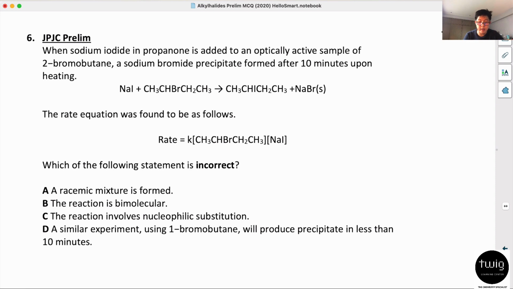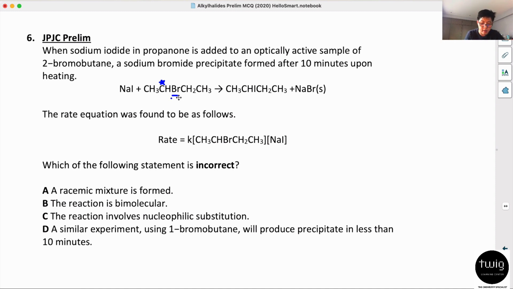Sodium iodide in propanone is added to an optically active sample of 2-bromobutane. Optically active means it has a chiral center, right? So the chiral center is over here. A sodium bromide precipitate is formed. If you look at the reaction, it's actually a nucleophilic substitution reaction,